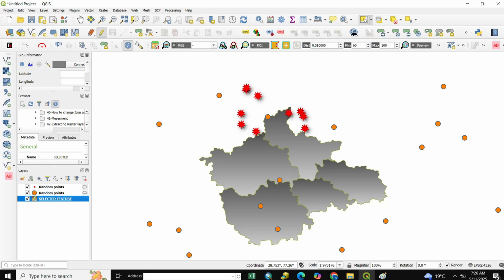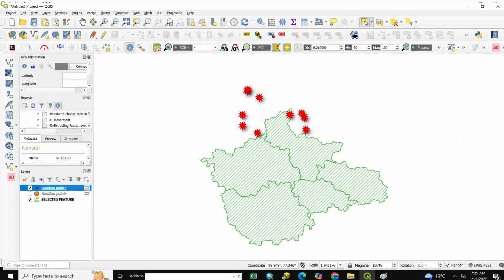Today we discuss random point by extended. If you want to create random points in your polygon, in a one part, it is very